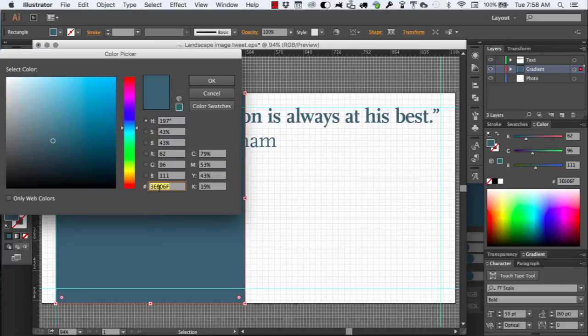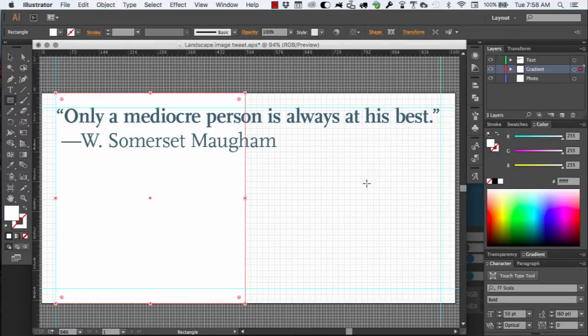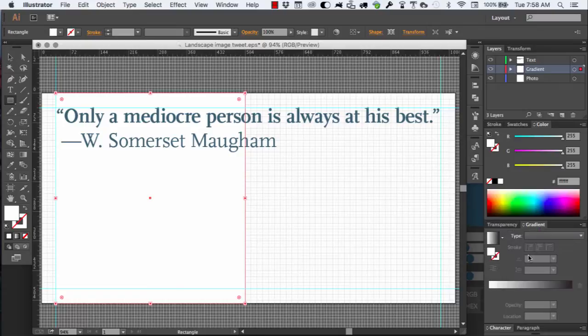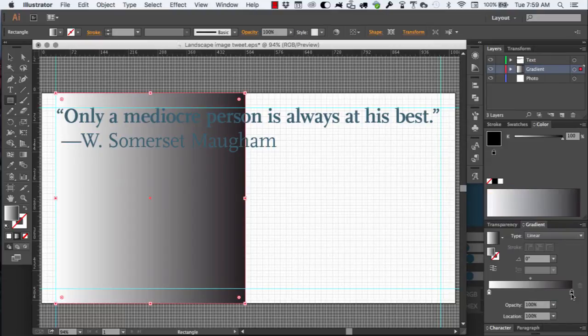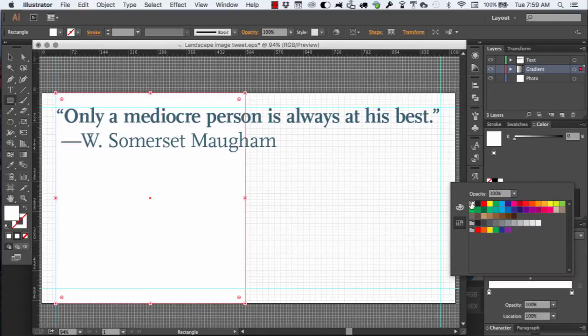So I'll double click here, change that to white, and then if I click on this gradient tab, I have this little slider thing here. So what does this all mean? It's similar to Gravit. We want a white gradient, not a black one. So if I double click here and click white,